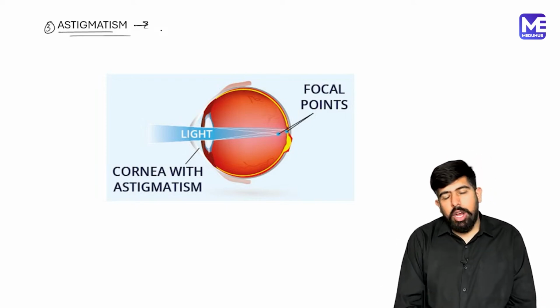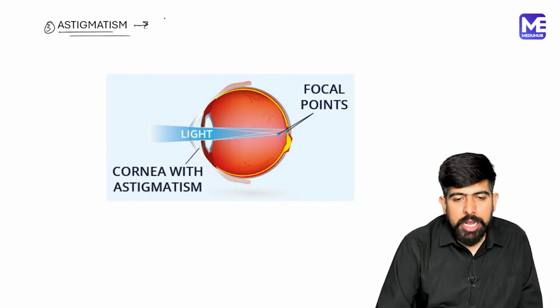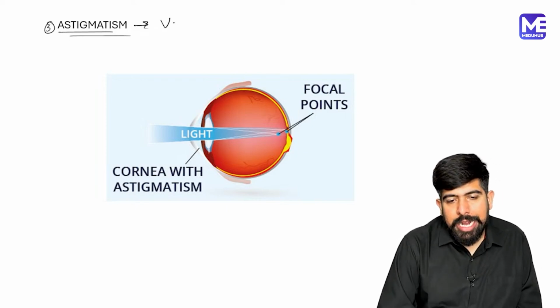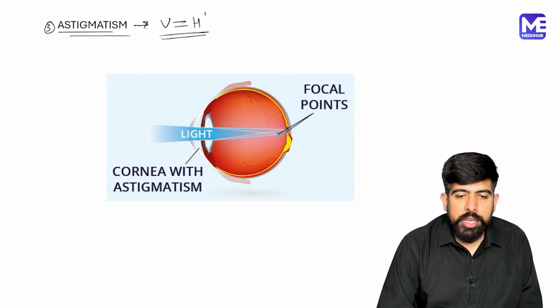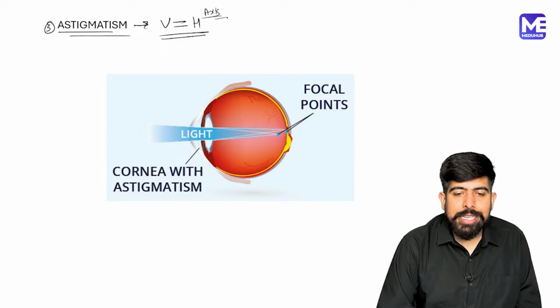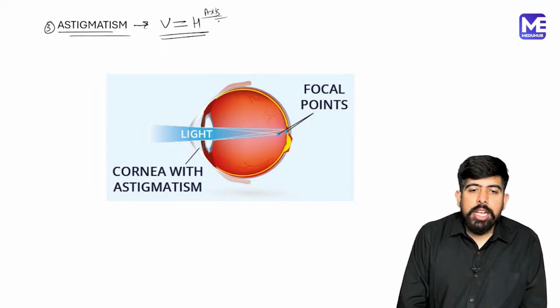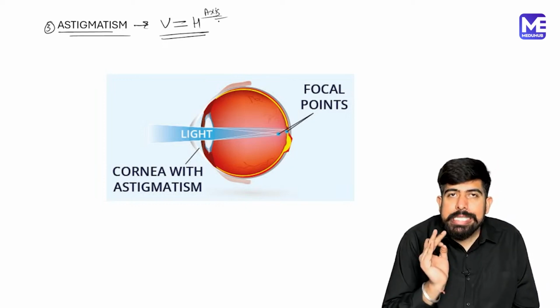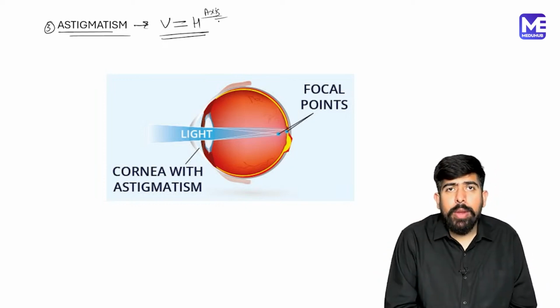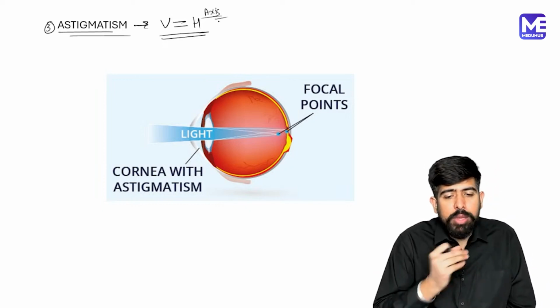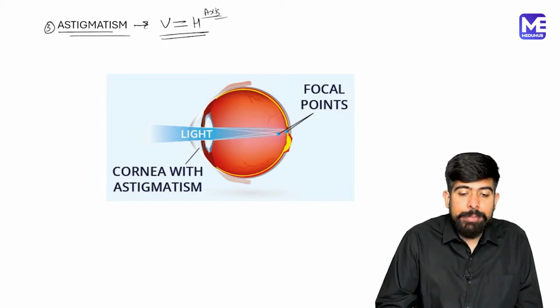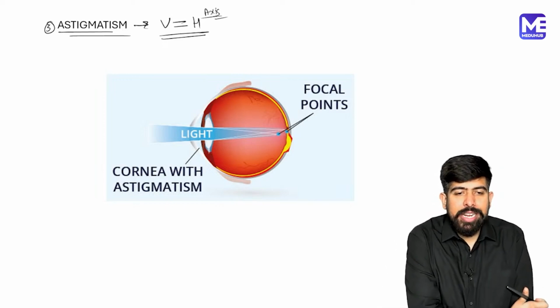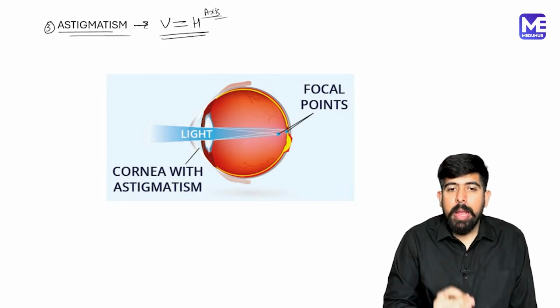In the condition of astigmatism, what is happening? We have the vertical and horizontal axis in our eye, in the cornea. Normally in a patient the vertical is equal to the horizontal. Our vertical and horizontal axes will be the same. Yes, guys, your vertical and horizontal axis will remain the same. But